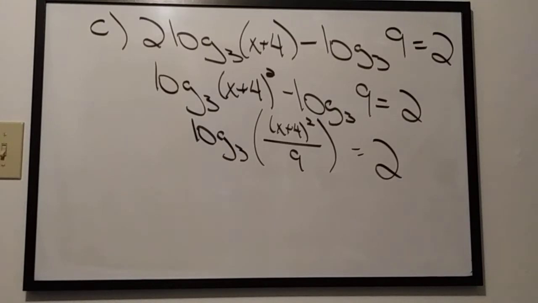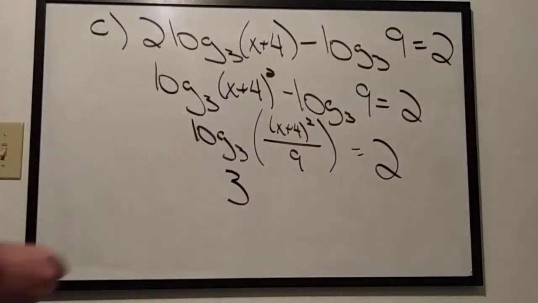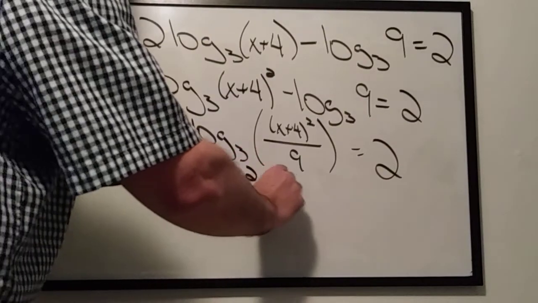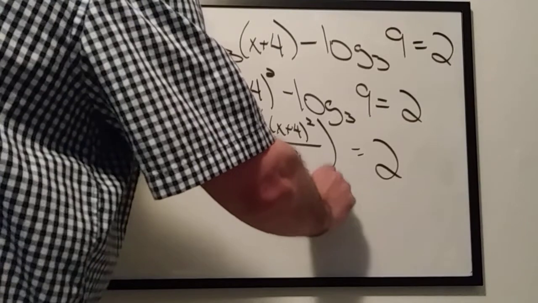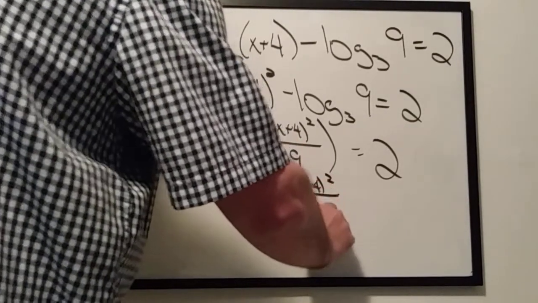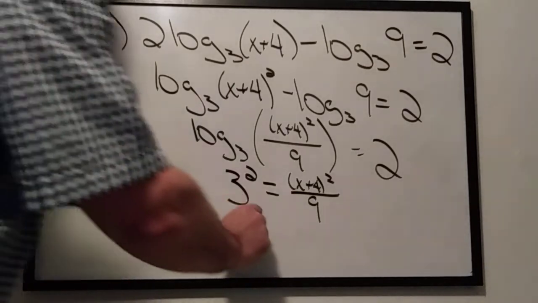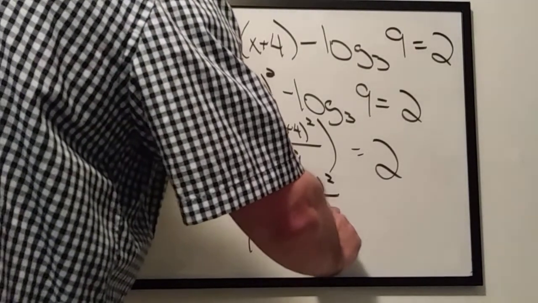I'm going to have to rewrite this logarithmic equation as the equivalent exponential statement, and then I can move forward with this problem. So the base of the exponent is going to be 3, just like the base of the log. Logs are exponents, so I'm going to have a power of 2, and that equals our result of x plus 4 quantity squared, all divided by 9. Well, 3 squared is 9, so we're going to have 9 is equal to x plus 4 quantity squared, all